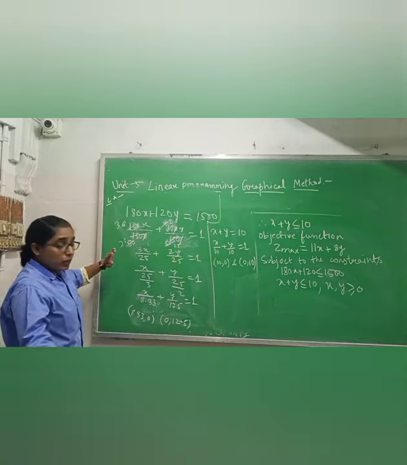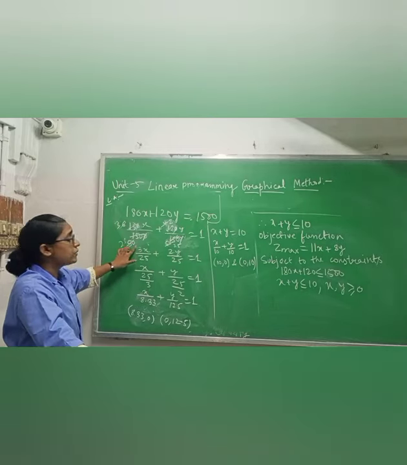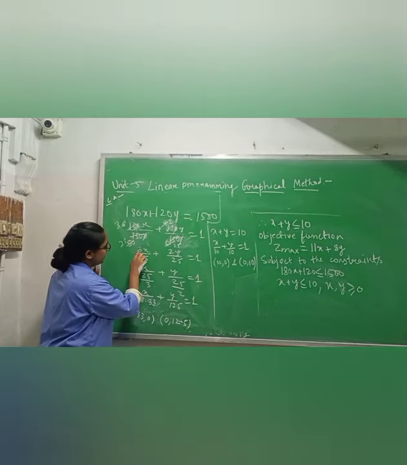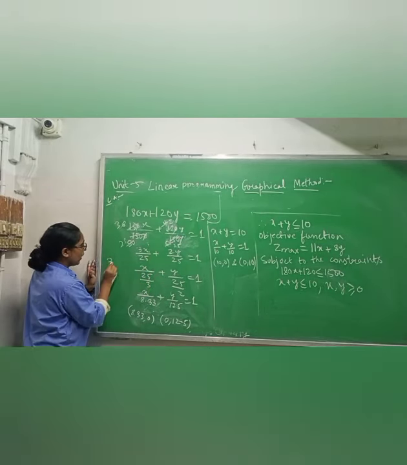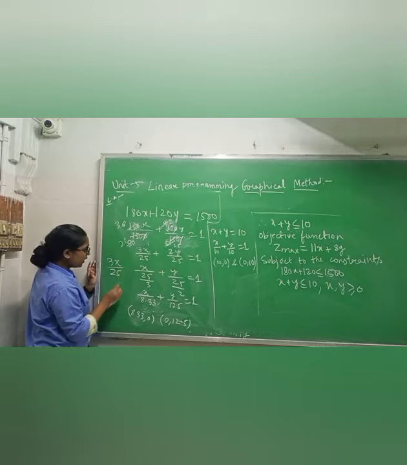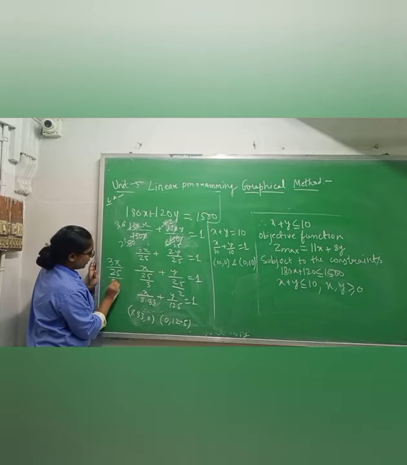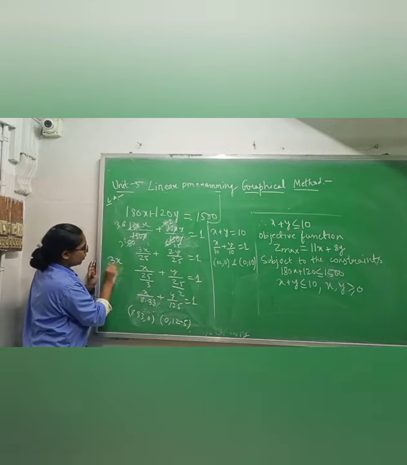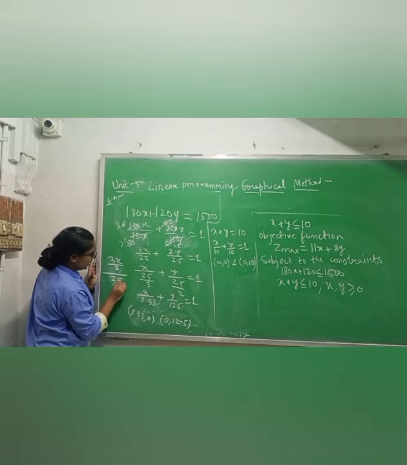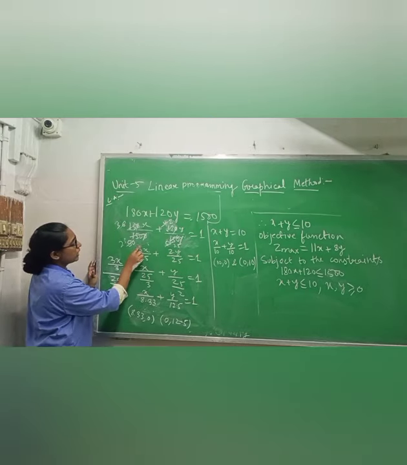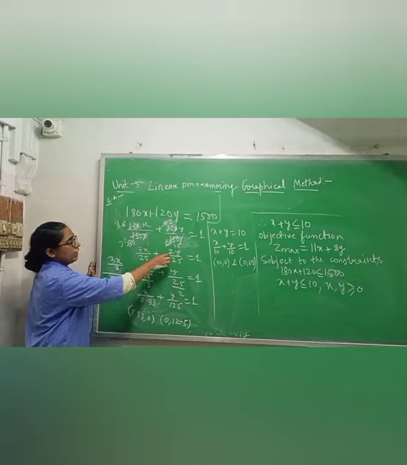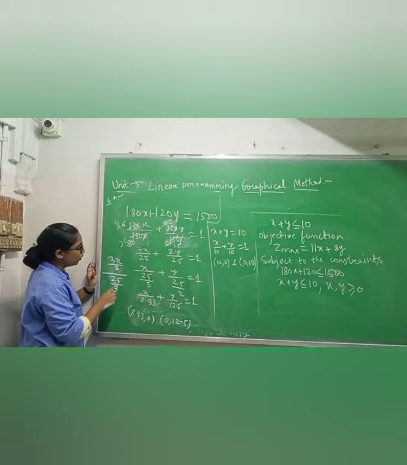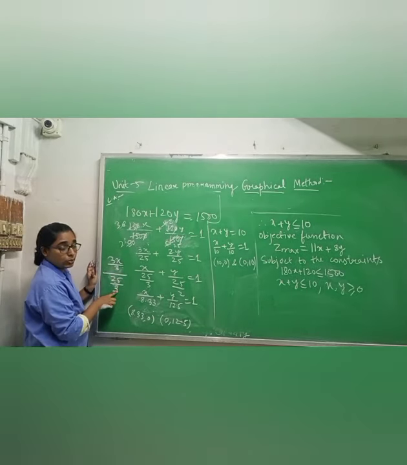Now if you have 3x by 25, how will you remove this 3? You will take this 3 down. Nothing but, if you have 3x by 25, you can write 3 here and 3 here also, which means you are dividing numerator and denominator by 3. Why are you dividing? To remove this 3 from x or from y. You will not be able to keep anything with x and y here. It is not allowed. So to remove this, I am dividing numerator and denominator by 3.